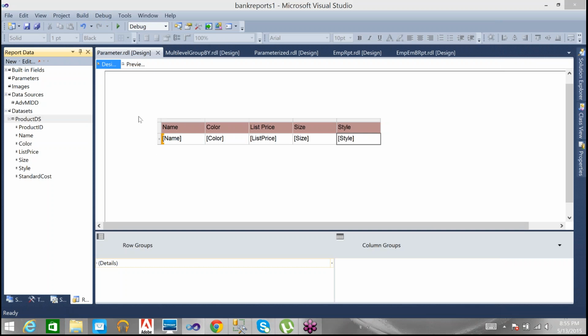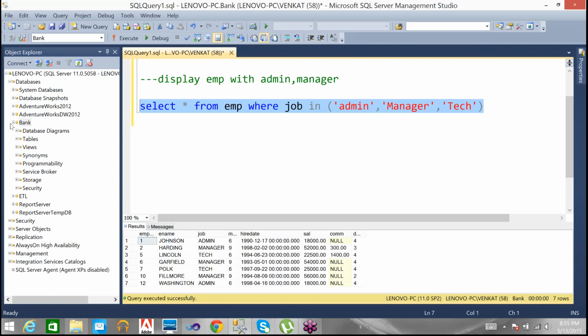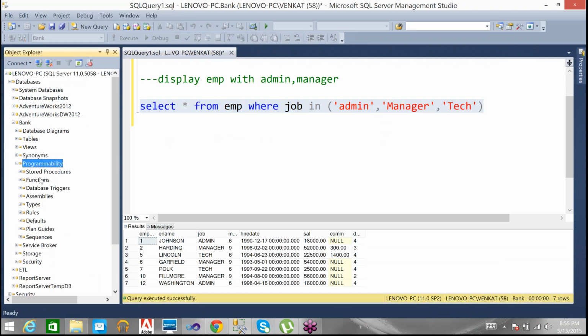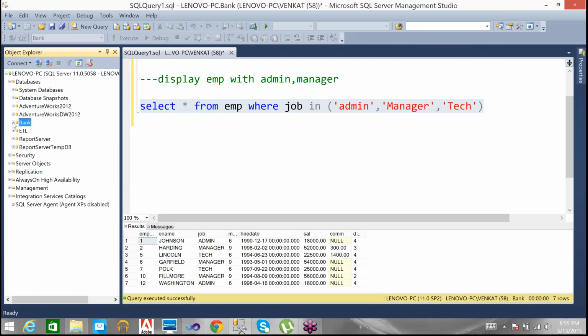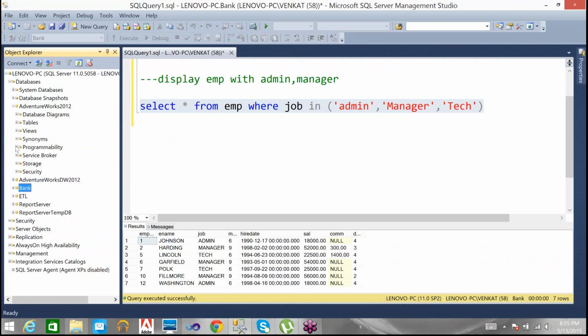For the same parameterized report earlier, we used the data set directly as a query, but for this one, we are using the stored procedure. Then whatever stored procedure we are using for the report, go back to that stored procedure. Wherever that stored procedure is, you can alter it, and GUI-wise you can do that. Where is that? Get EMP. Oh, sorry. The stored procedure is in AdventureWorks.